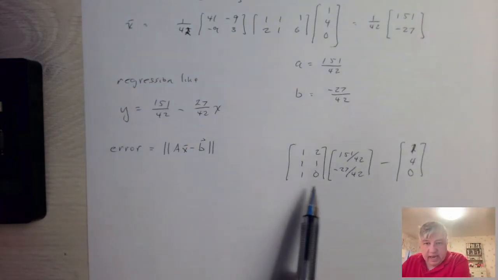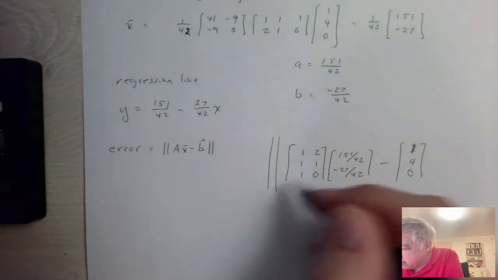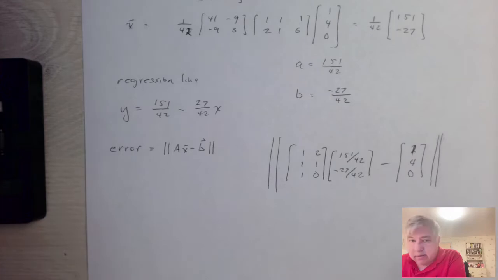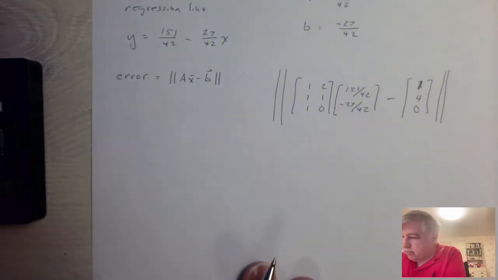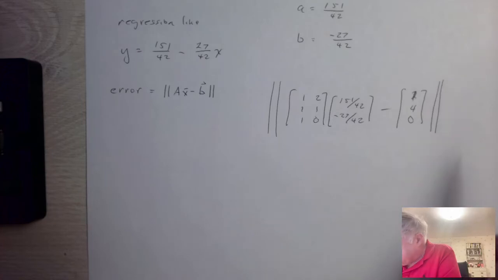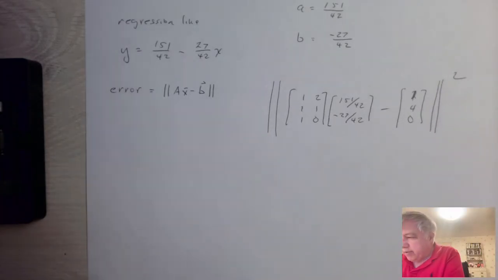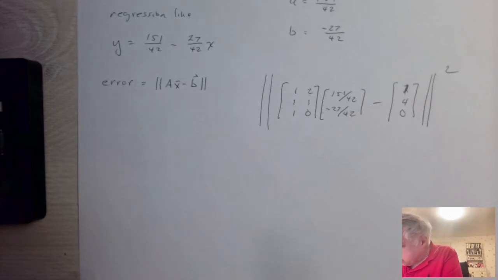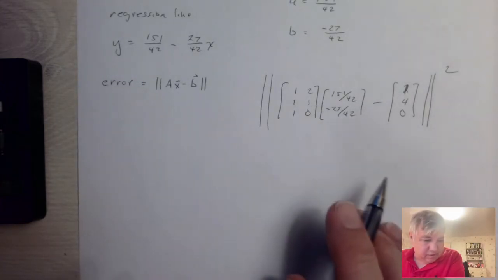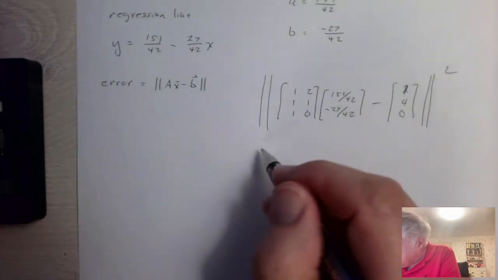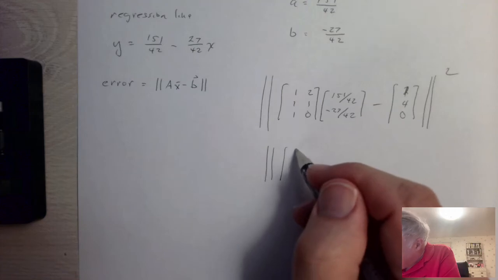So that's A x bar minus b, and then we want to take the length of that. Okay, and so what is this going to be? Let's first take the square of this first, and then we can take the square root. So what will this be? If we just take the corresponding components, this is going to be the length of the vector